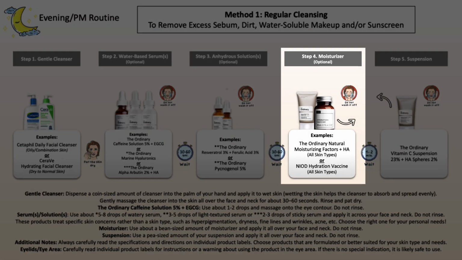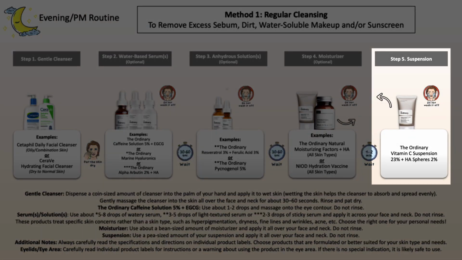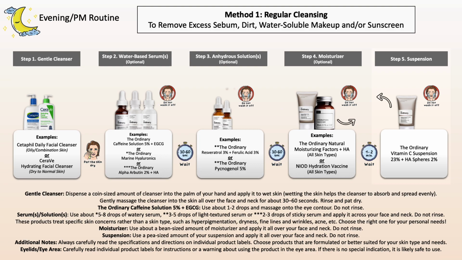Then after that, you can move on to a moisturizer. Apply to the skin, leave it on the skin, and then follow on with a suspension. Apply to the skin, leave it on the skin. Now, if you should have a moisturizer that's quite rich, usually for dry to very dry skin types, they contain fatty substances such as petrolatum, or you may just use a petrolatum jelly. In that specific case, you need to reconsider the order of application. And then you may want to use the vitamin C suspension at first and then follow on with your heavy moisturizer. However, with light moisturizers, just use them beforehand. And so there you have an example of an evening skincare routine.